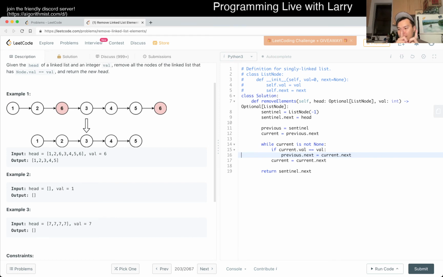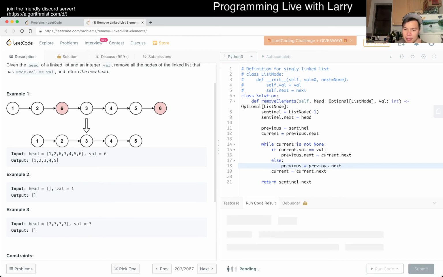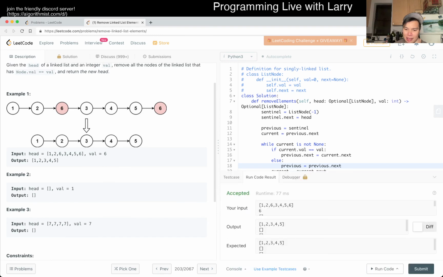So we only move previous if, I think we don't even move the current, do we? Well, I guess we move the current. I guess we always move the current, and then else is previous.next is equal to, previous is equal to previous.next to move this forward. Yeah, maybe. I think this is where I need to take my own advice and maybe draw it out, but